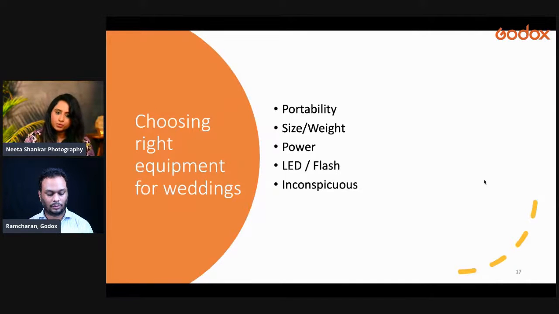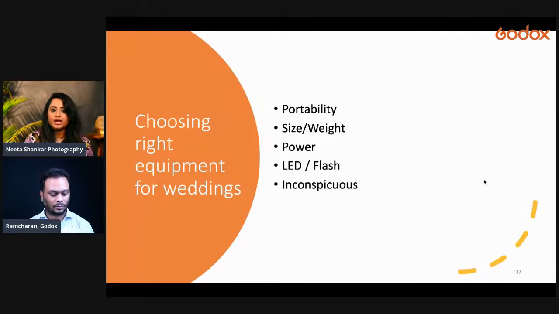The ideal setup is not about the power of the equipment. It's not about how powerful your light is. It is more about how portable your light is. So I think there should be a very nice balance between the power of your equipment versus the size of your equipment. And it's very important to have small sized flashes and modifiers that can serve the purpose for you,